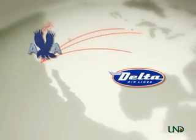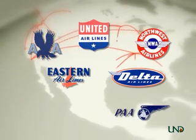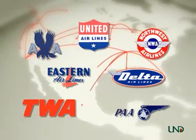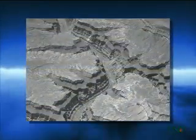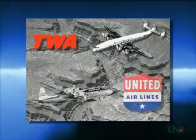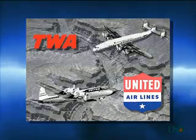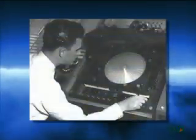These factors and large numbers of trained pilots being discharged from the Navy and Army Air Corps led to a boom in commercial aviation in the United States. The dramatic increase in air traffic led to a number of mid-air collisions. The most notable of these collisions happened in 1956 between a TWA and a United Airlines aircraft over the Grand Canyon. Among the many reforms resulting from this incident was the widespread implementation of radar technology for air traffic control